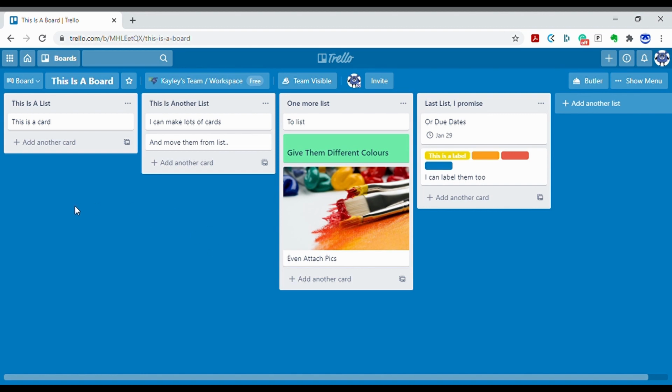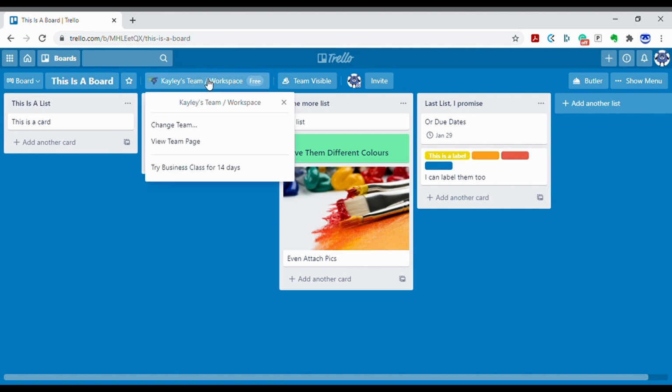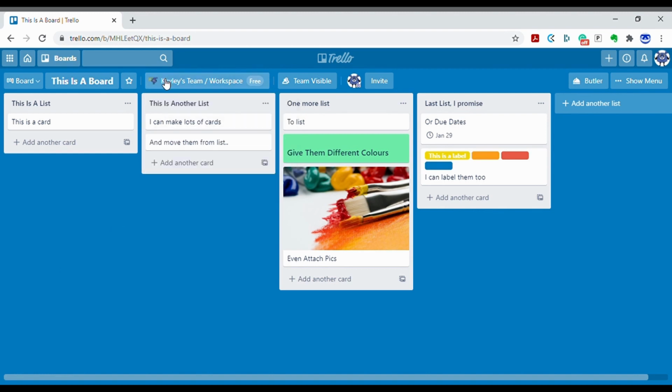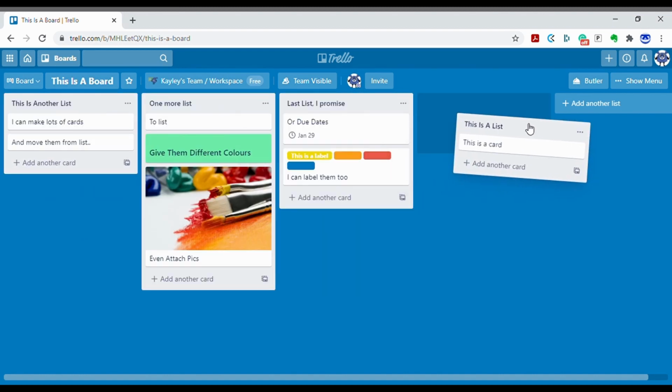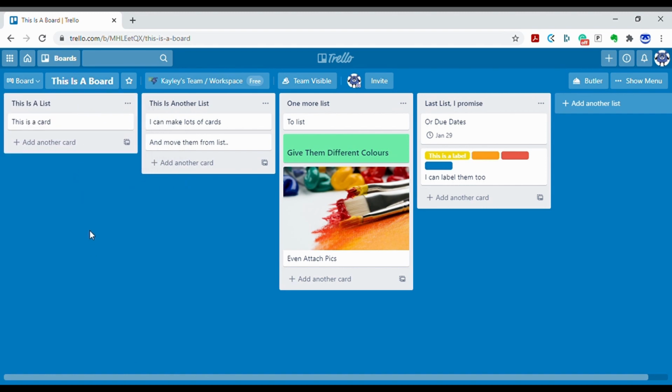So Trello is an application that allows you to sort information into boards, lists, and individual cards. So this whole screen is a board, and it is part of a team. In this case, it's Kaylee's team. She's letting me use it right now. This is a list. This is another list, one more list. These lists can be dragged and dropped, and then each list contains cards. So if I open up this card,